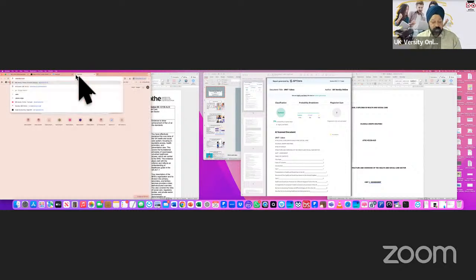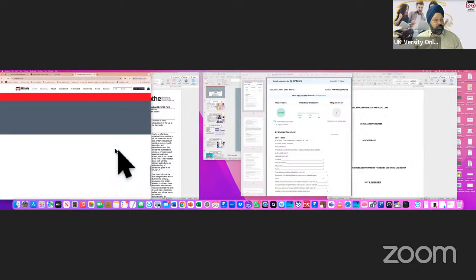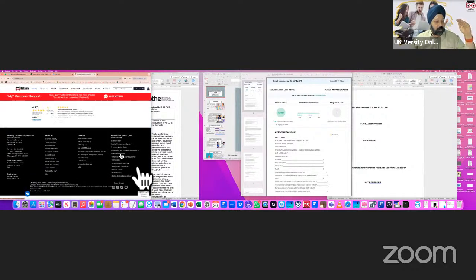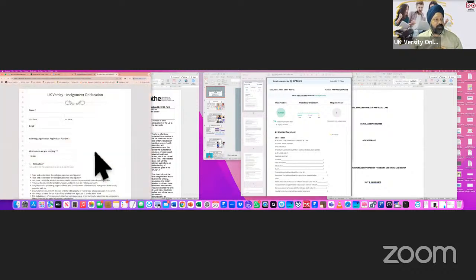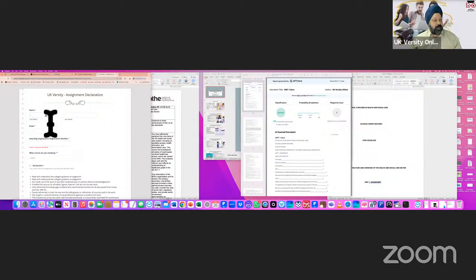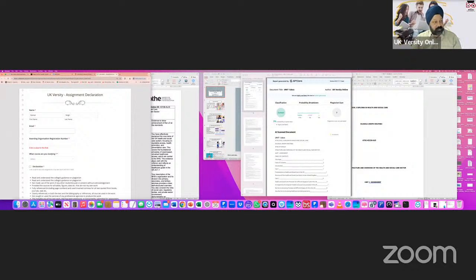Now, we have a website version of this as well, and that is something available on our website. So if you do need to do the electronic version, which is generally quite easier, you scroll down to the home page, go down to the bottom of the home page. On the 4th footer, you would see assignment declarations. When you click on this, you can actually fill this up electronically, while submitting your assignment. So here you would mention your number. So here you would mention your name, your email address,